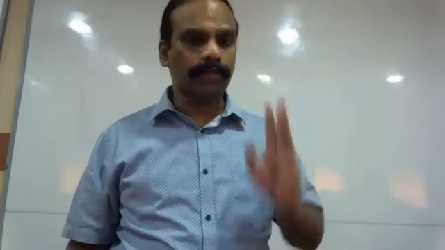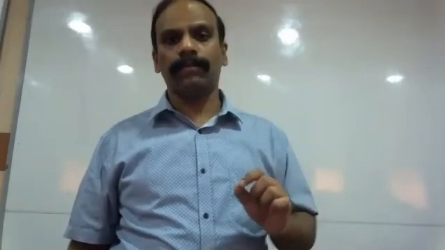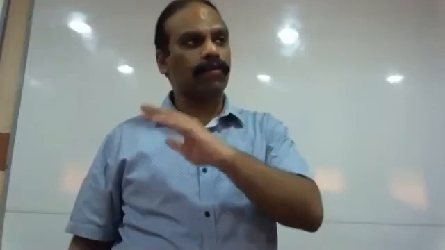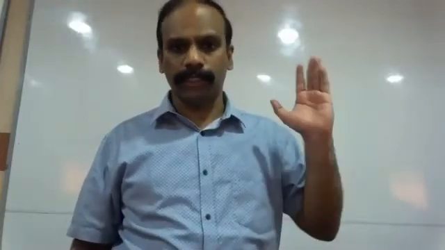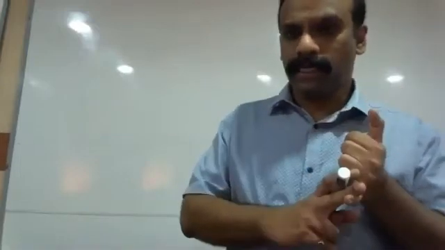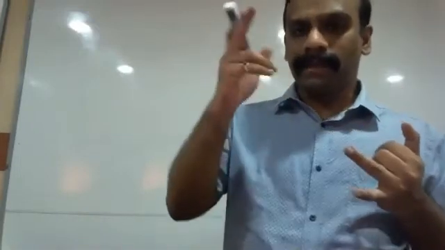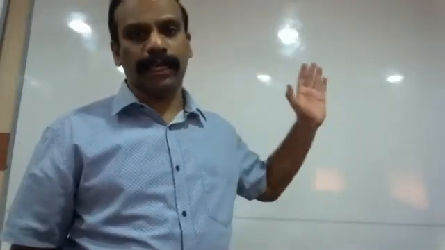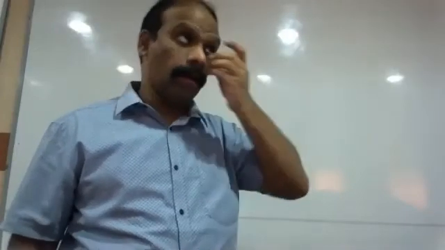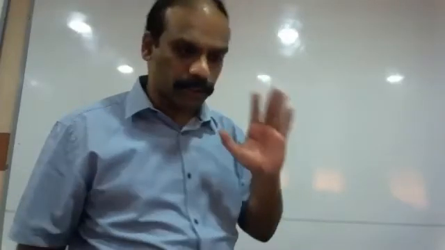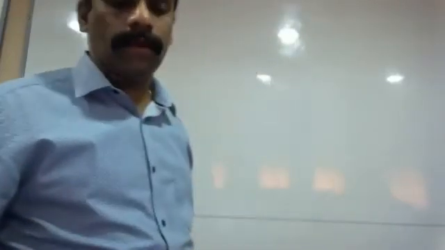And point number 3, this particular problem actually is a combination of 2 questions. Here, I have to solve an entirely separate problem for machine A, and second, I have to solve the problem for machine B. So there are 2 different problems combined here. I have to solve problems separately for machine A and then for machine B, and then I'm supposed to compare the results of machine A and B and take a call as to which machine has to be purchased. So this is the overall steps to be followed as far as this question is concerned. Have you all understood the question now clearly, everybody? Yes or no?